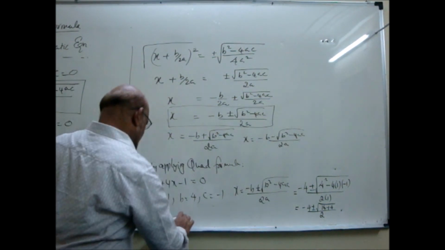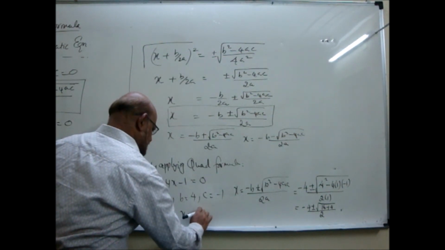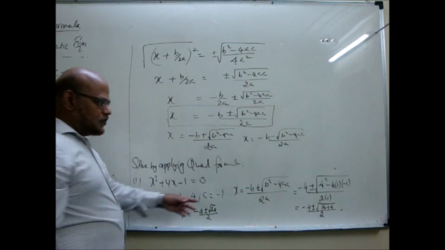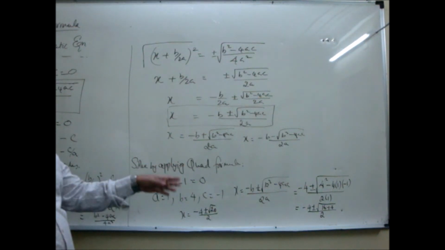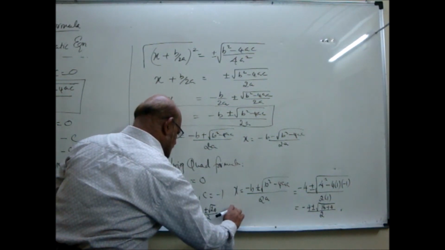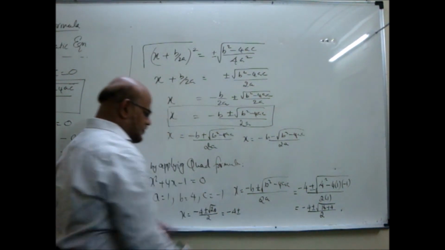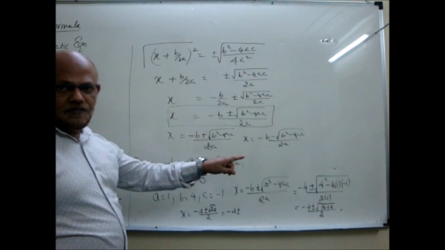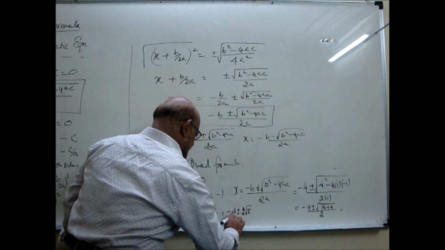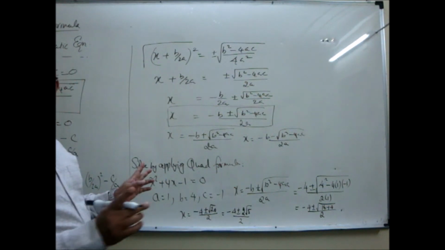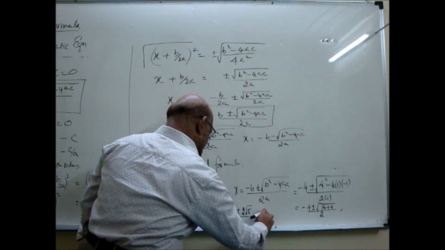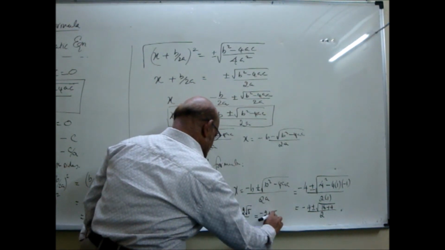Alright, this side, x is equal to minus 4 plus or minus root of 20 by 2. This root of 20, write in the simplest form, like 4 into 5. So in the simplest form it will be 4 into 5, and if I write that, 4 will come out, or 2 into 2 into 5, prime factorize and take a 2 out. So it will become 2 root 5 divided by 2. Okay, now split into 2 terms, divide by 2 here as well as here. So it becomes minus 2 plus or minus root of 5.